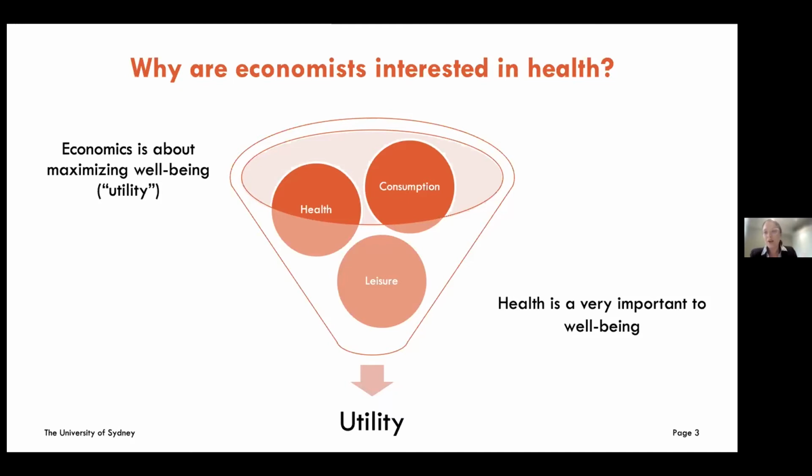What we do in health economics is we break this down a little bit further, and we explicitly acknowledge that health plays an extremely important role in our well-being, our physical and our mental health. And so health is an extremely important component of utility. And by explicitly acknowledging how important health is to our utility, it makes it very logical that we should study how allocating resources impacts our health. So health, I would argue, is an extremely interesting subject to economists.